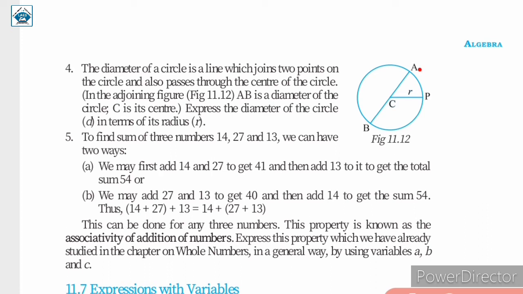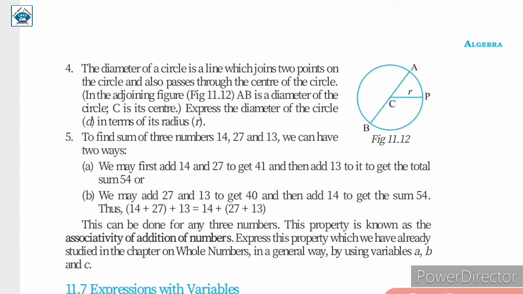That is, 2 points A and B are on the circle. And this diameter is joining these 2 points and also at the same time it is passing through the center. What is the meaning of radius? Radius joins a point on a circle with the center of the circle. So here C is the center and P is any point on the circle. So CP is the radius of this circle. Similarly, CB and CA are also radii of this circle. So all three are radii of the same circle.